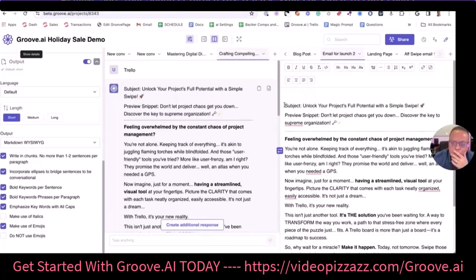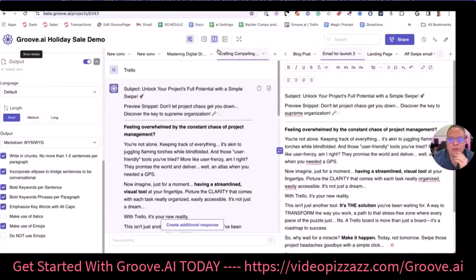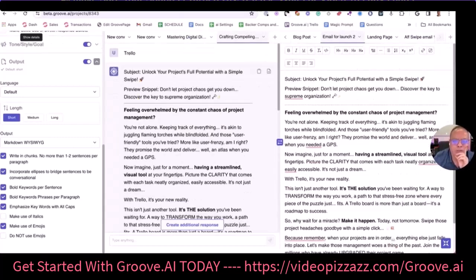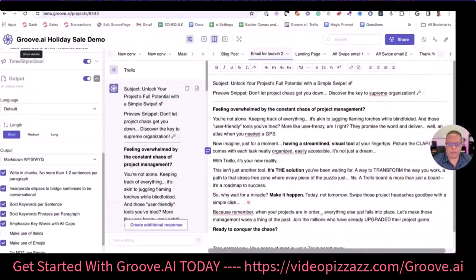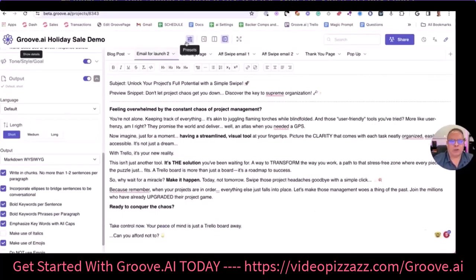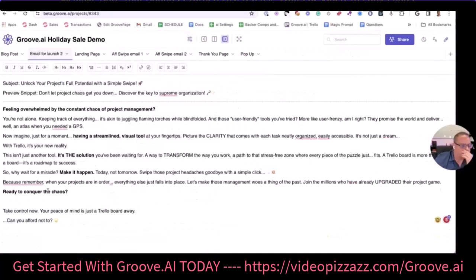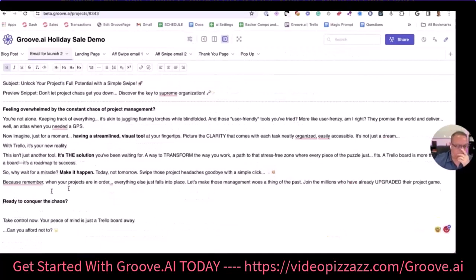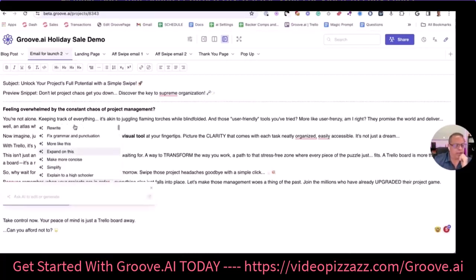And now what I want to show you is we've added the ability. I'm going to click on full screen, so I have a little more room here. I'm going to just work in the document only, without the settings. So what I can do is, ready to conquer the chaos right here. If you highlight this, you get something called Ask AI. When you hover over this or anything, you simply click Ask AI, and now you